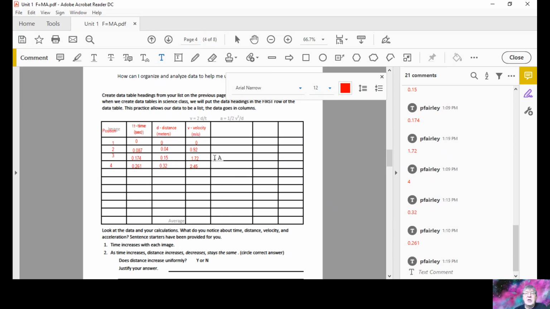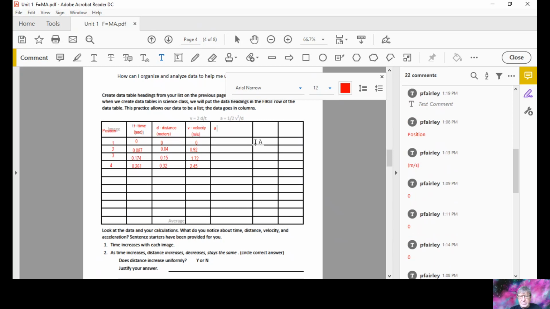Speaking of acceleration, look at this. They've got another space for us to fill in here. A. I better put the label on there first. A must be acceleration, right? And we're going to measure this. It's not something I really am too concerned about you understanding. It's meters per second, which is velocity